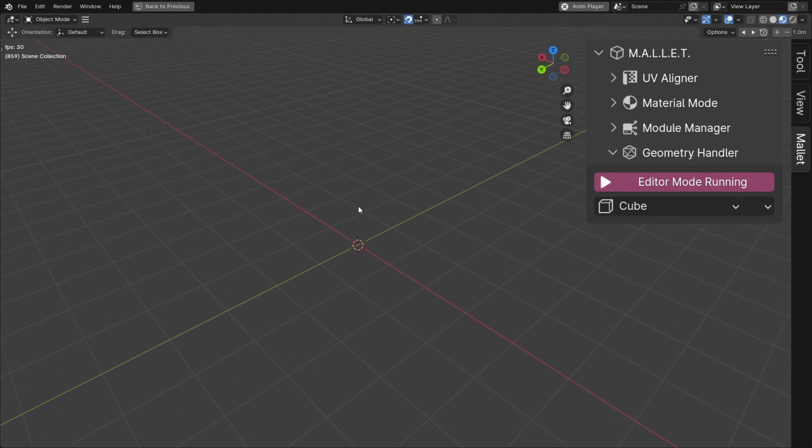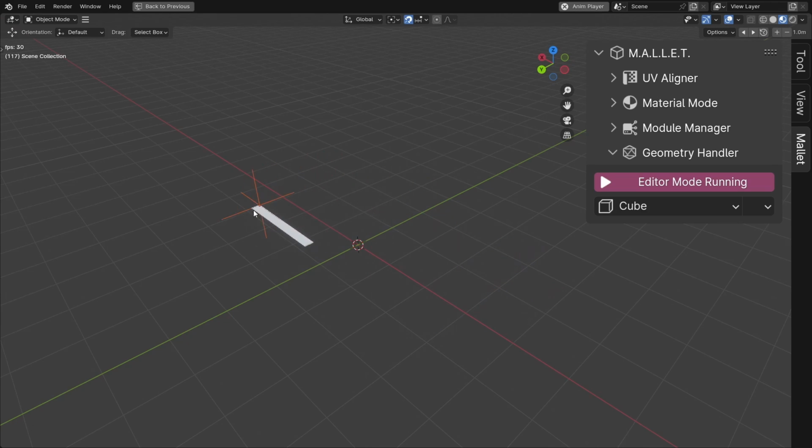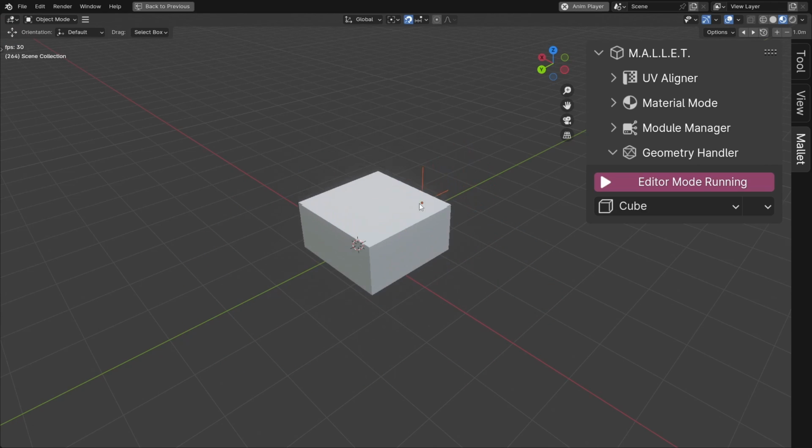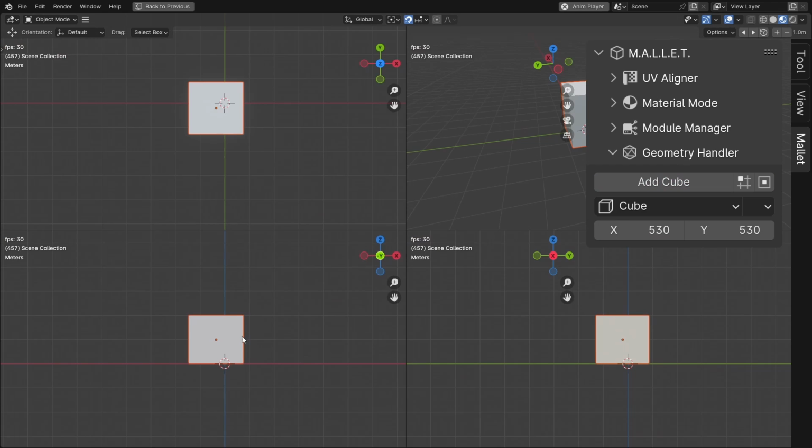With the tool active, hold Ctrl and left-click somewhere in your scene. This will initiate the object placement. You can press Q to toggle this empty to guide you. As you move your mouse around, you'll see a preview of the object's size. When you feel the size is right, just left-click again to lock in that size.